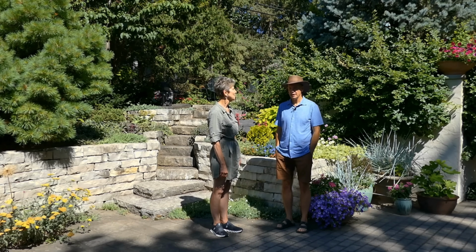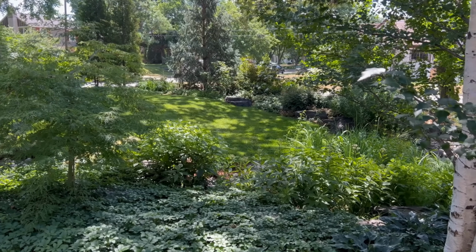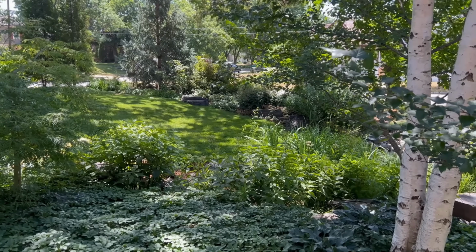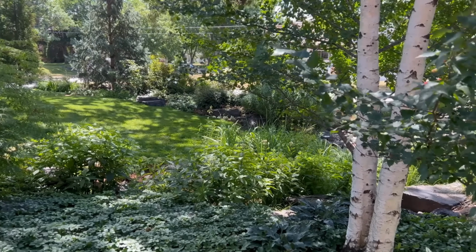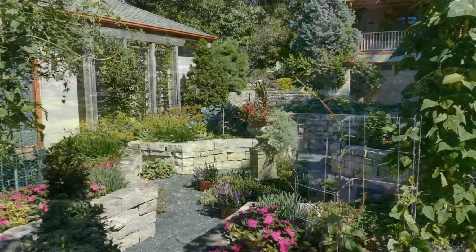Well, I've been gardening here for about 26 years. The garden is about 3/10 of an acre, and I like to think that it has a little bit of everything. It certainly does. In addition to the shade garden, which is filled with unusual shade-loving plant varieties, we'll take